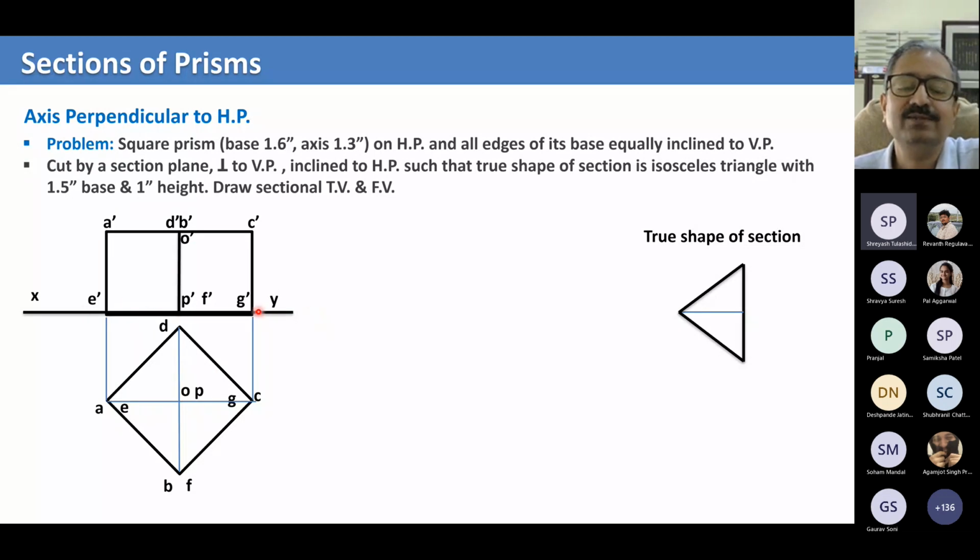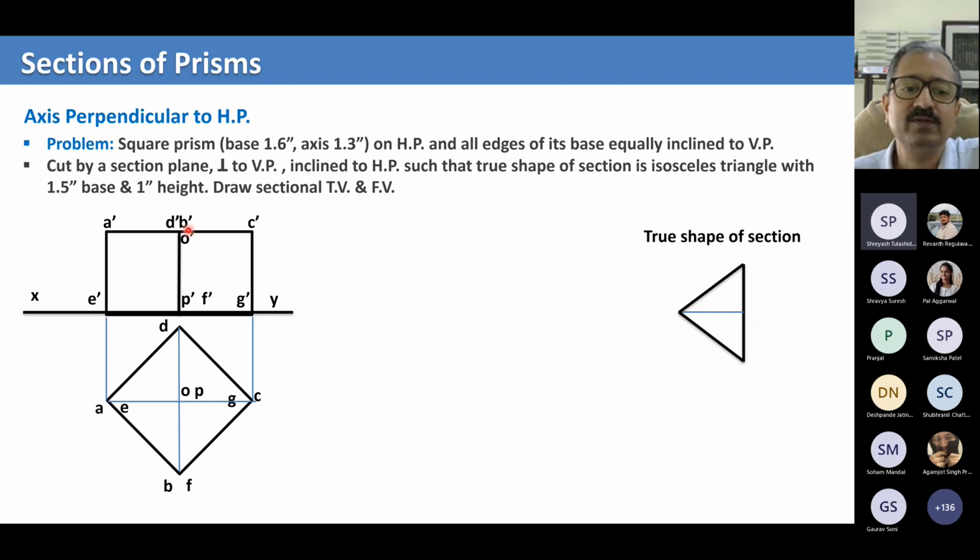So your E dash, G dash is sitting on the XY line. And the height is given to you, which is 1.3 inches. Interestingly, if you look at this middle line, which looks like a bisector, it is nothing but your B or F. This point B is the top point and F maybe is the bottom point. This whole line, the BF line to the bottom, let us say, this will come up as